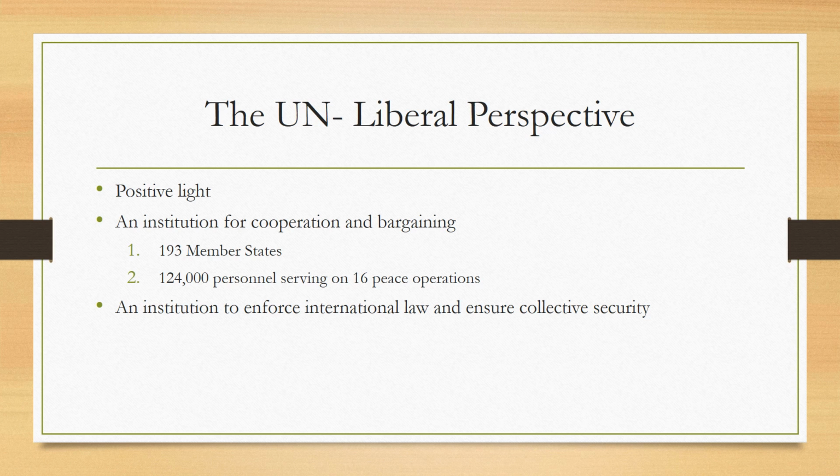From the liberal perspective, the United Nations is an organization that enforces international law and ensures collective security. One of its most notable successes was in the Persian Gulf War. After Iraq's invasion of Kuwait, their actions were met with unanimous condemnation from world leaders. To aid Kuwait and avoid Iraq setting a precedent of intruding on state sovereignty, the UN, led by U.S. troops, successfully expelled Iraq from Kuwait, and collective security was restored.